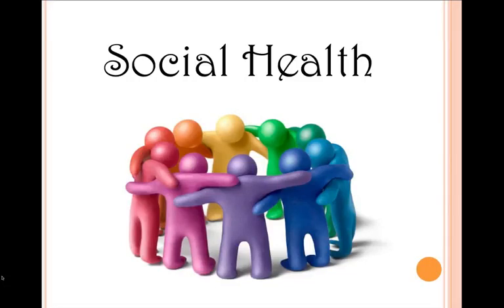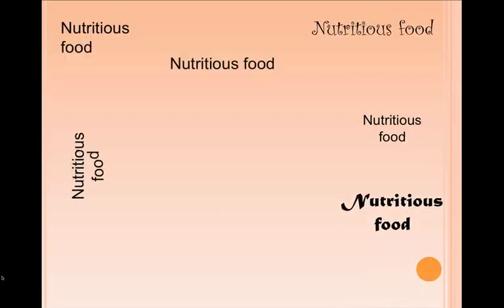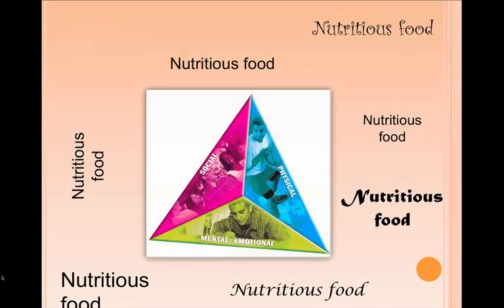Social health is covered through the utilisation of team sports and activities where students need to use a range of problem-solving, communication, and cooperation skills to succeed. This teaches them lifelong collaboration skills that can be used in other areas of their lives. Social health is also developed through teaching units such as how to be a leader and how to be a good sport. The Healthy Active Kids program emphasises the importance of nutritious food and how it can improve each of these areas of health and promote well-being.